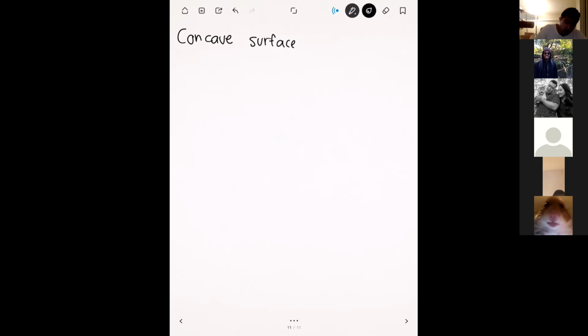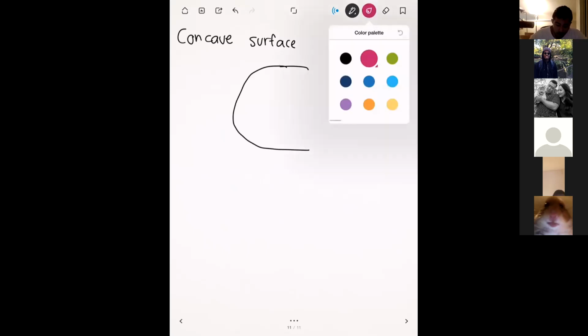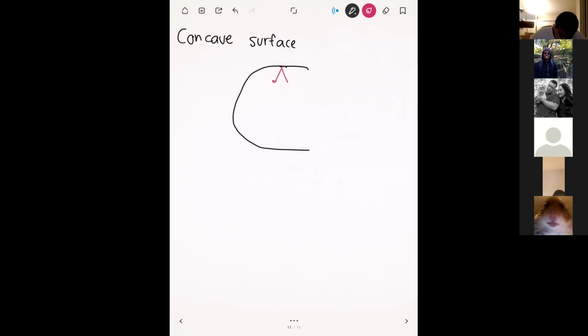Okay. And so in other words, let's say we have a surface that looks like this. If we have a concave surface, every part of the surface is going to be giving off radiation, and it's going to be giving out radiation kind of like this. What you can imagine is that, because the surface is concave, the radiation that comes off this surface and travels in this direction is just going to hit the surface again,